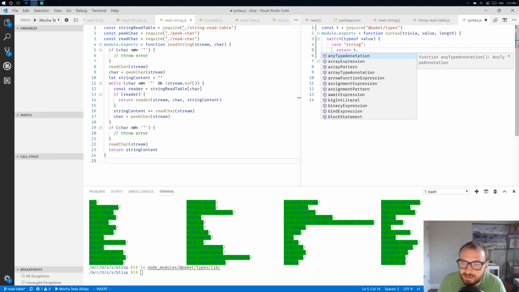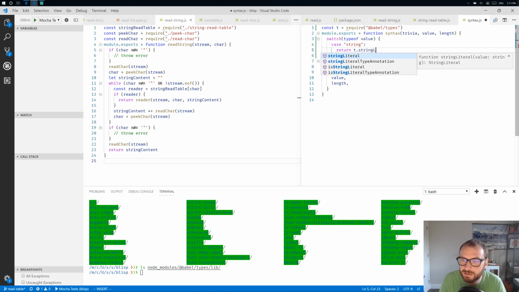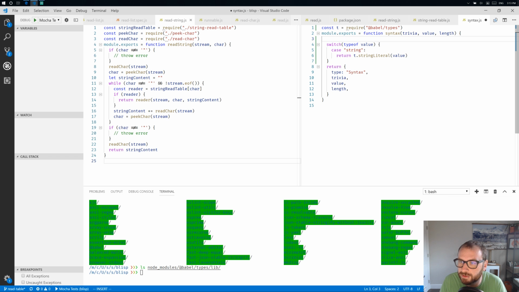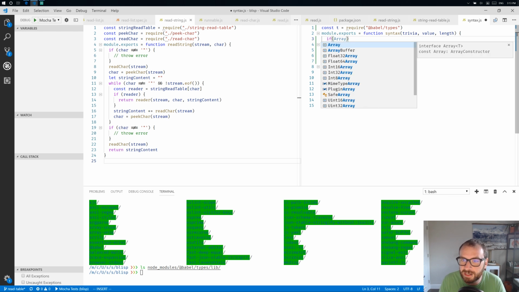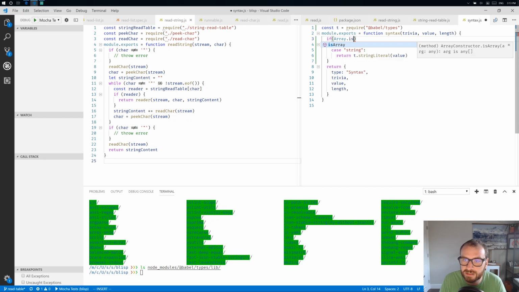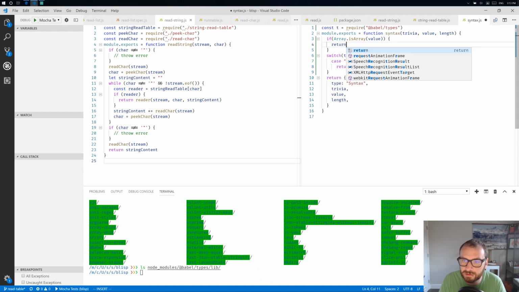Great. All right, so we want string literal. Great. All right, and that will just be value. And of course, what we want to do is check for an array. And of course, we have to do this with a switch statement because the type of an array is going to be object. Is array value. We will want to return, let's see,